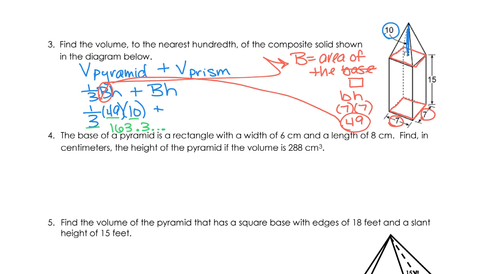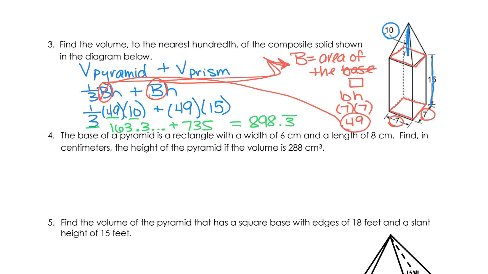Okay. And now we're going to go ahead and go to the volume of the prism and add that on. So the prism is also big B times H, but because the big B of the pyramid is the same as the big B of the prism, we can go ahead and insert the same 49 that we got for the pyramid. Okay? And then multiply by the height of the prism, which you guys can see that this 15 is measuring the height. And we're going to go ahead and type that in. 49 times 15 for the volume of the prism is 735. And now when we add the two together, we get